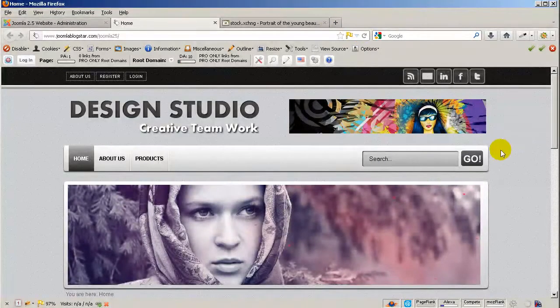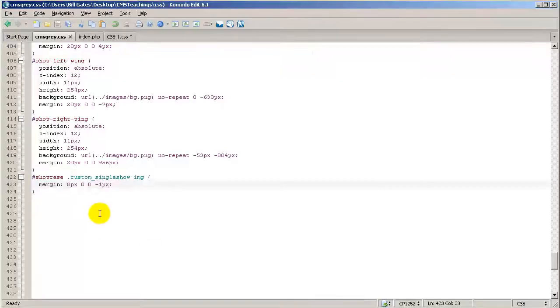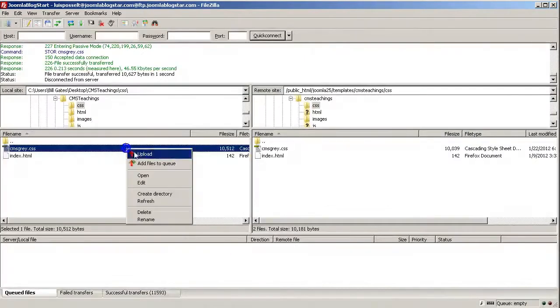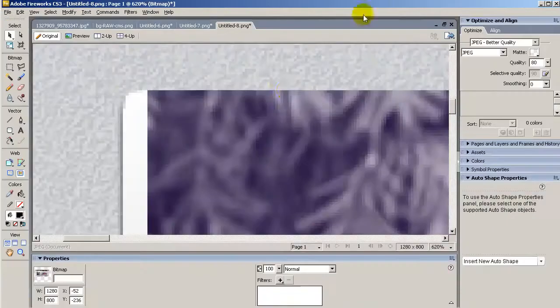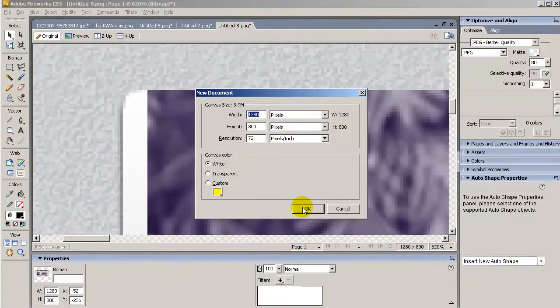You know what? We are going to go back and eliminate the negative 1 pixel. There we are, Ctrl S, and we are going to upload everything again. Refresh, and then what we are going to do is click on print screen, then going back to Adobe, and we are going to open a new image. Click on Ctrl N and click OK.